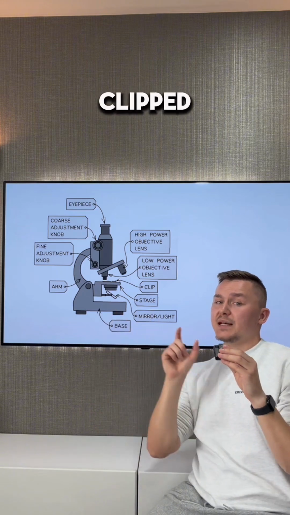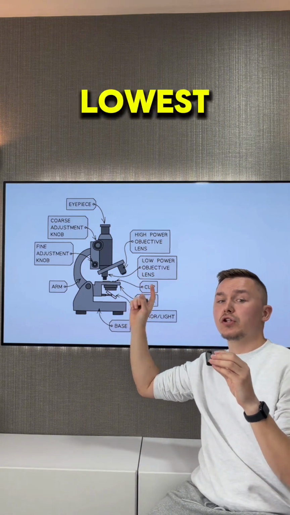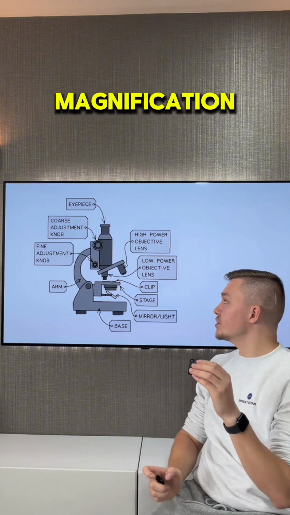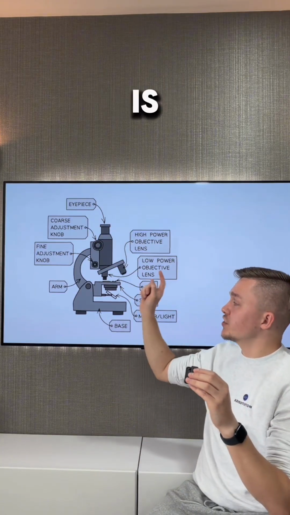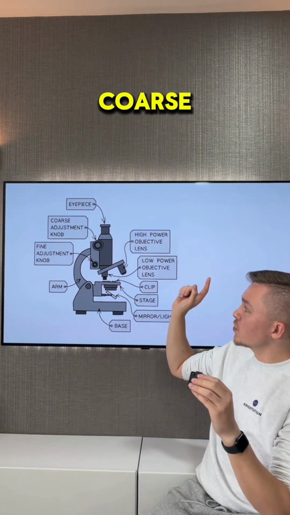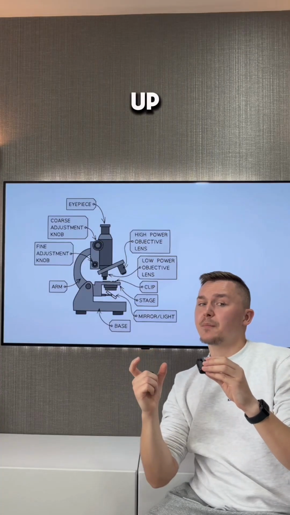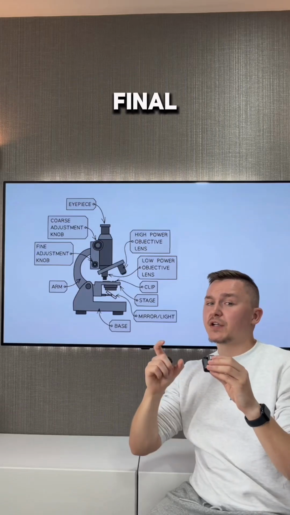Once the sample is clipped into place and it's secure, we can then turn on the microscope on the lowest objective lens. So we turn this onto the lowest magnification and we'd look through the eyepiece. We would see a blurry image, which is where we'd use the coarse adjustment knob, which is situated over here. This would clear up that field of vision, and then we'd use a fine adjustment knob to make final necessary